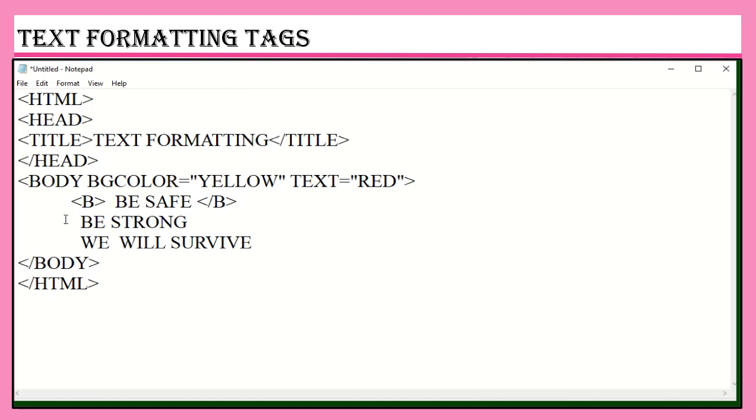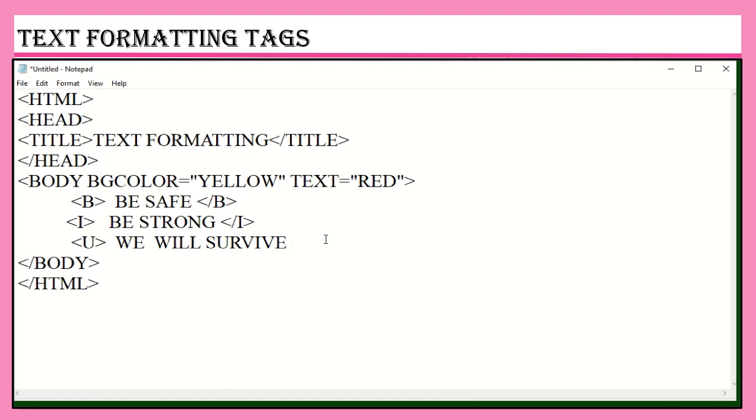And if you want to apply italicized effect to any text, you can give the italic tag, that is the I tag. So for italic, you can give the I tag. Since it is a container tag, you have to give the closing tag preceded by the slash. And if you want to underline any text, you can give the U tag. So for underline, you have to give the U tag.